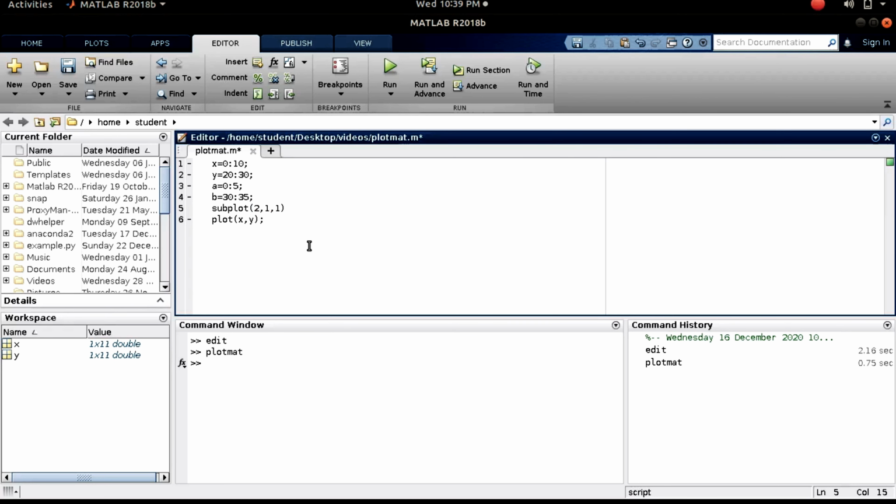And the first element, actually we have elements in a matrix. We know the numbers are the elements of the matrix, but when we use subplot, it means the figure window is a matrix